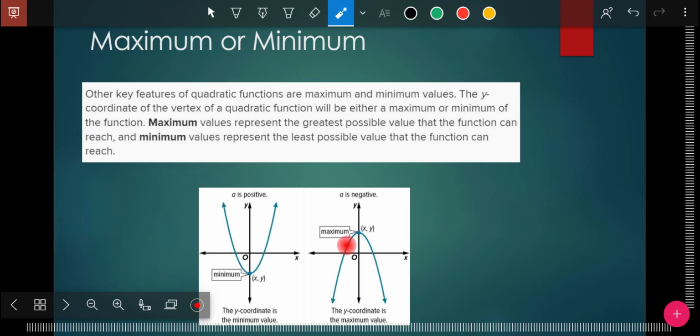If it opens down, then the vertex is at the top of the hill, or the change of direction is at the top, and is a maximum value. And so you're going to have to be able to tell me whether it's a maximum or minimum, and then what the value is, but just the y from the vertex. So it'd be like the maximum is y equals, or the minimum is y equals. And so you're going to have to be able to identify the maximum and minimum values,